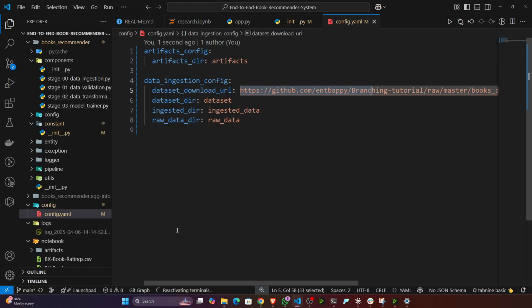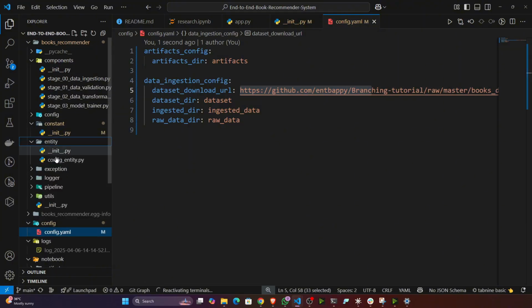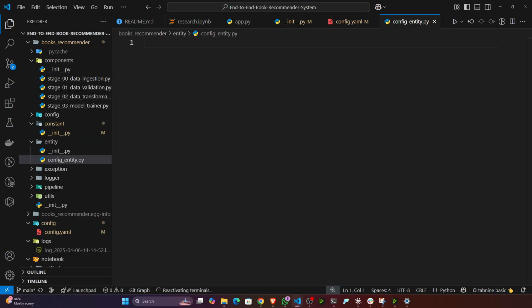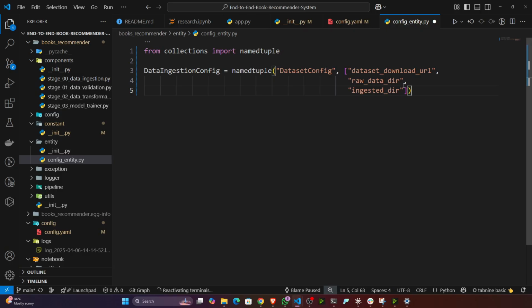Fine. Then after that, you have to write the entity. So what is an entity? Entity means it's a return type. Let me show you. A return type of a function. So let's say after doing the data ingestion, what are the 3 outputs you will be getting? The first output,